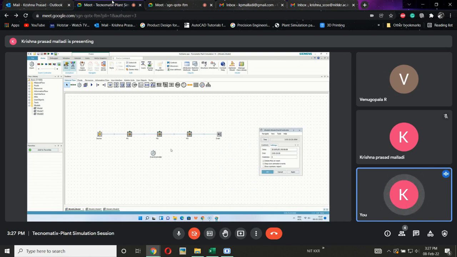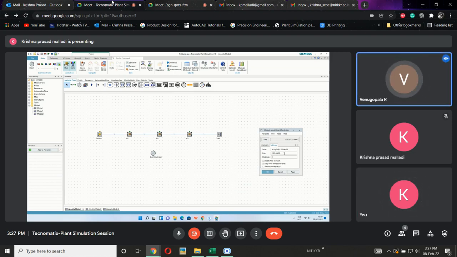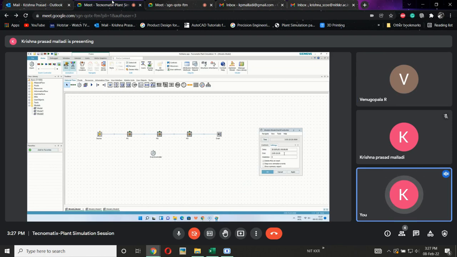For running the simulation, there are two methods. The first method is with respect to time, which is what we have discussed so far. Every plant works with respect to time only. Why? Because there is lead time, takt time, cycle time. Whenever the input comes in and the output goes out from the plant, the time in between is completely described by this simulation, so it can be completely visible with this time.